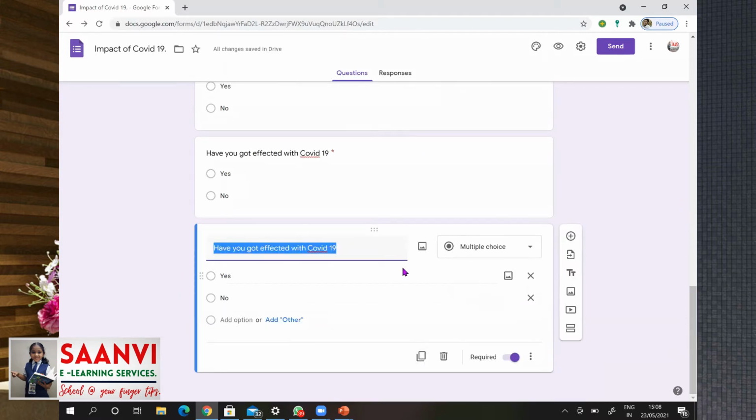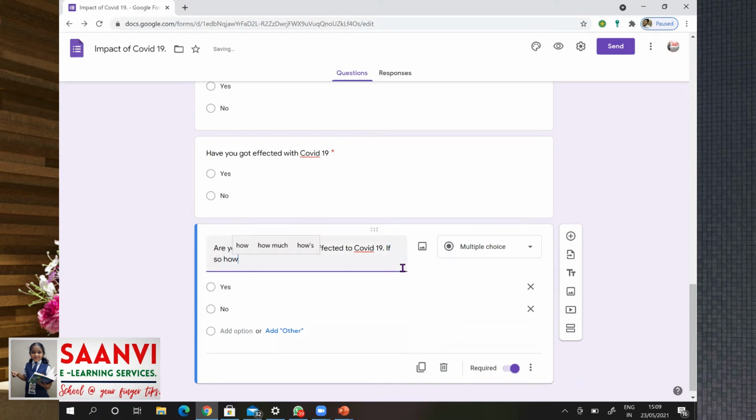So to add one more question, let us duplicate. Let us also ask if their family members got affected. Are your family members got affected to COVID-19? If so, how many members?